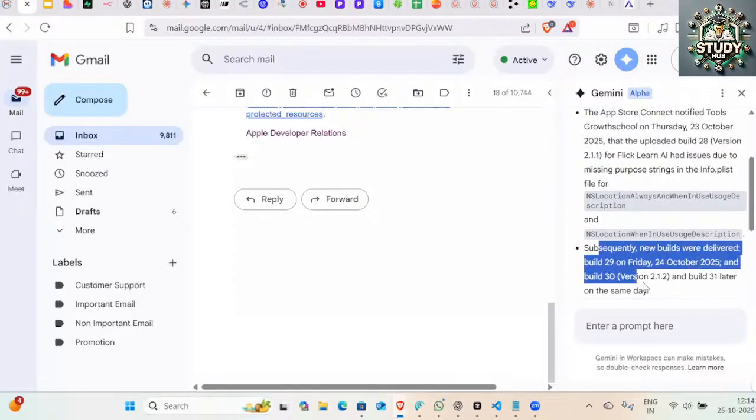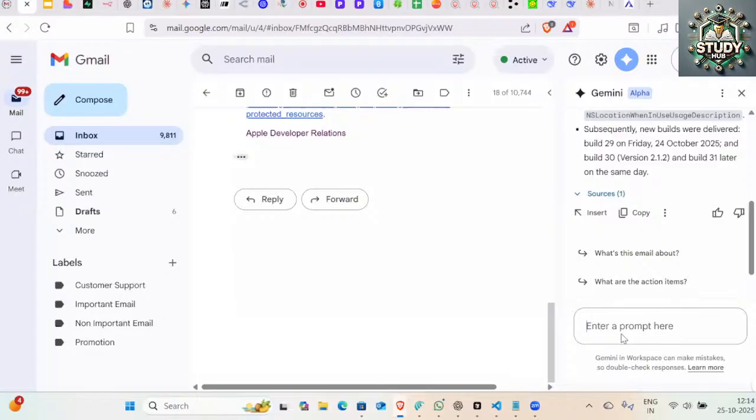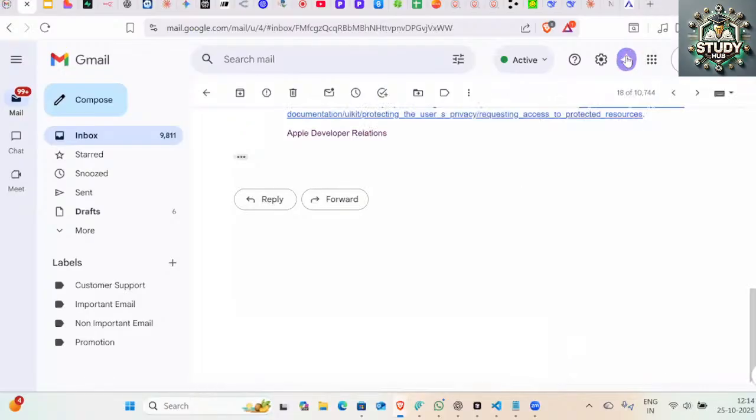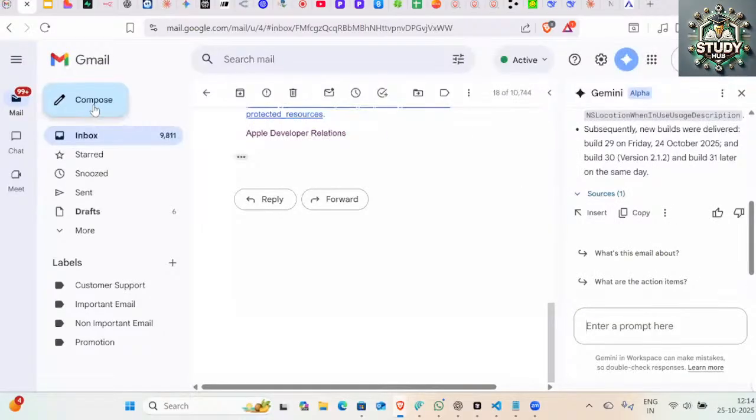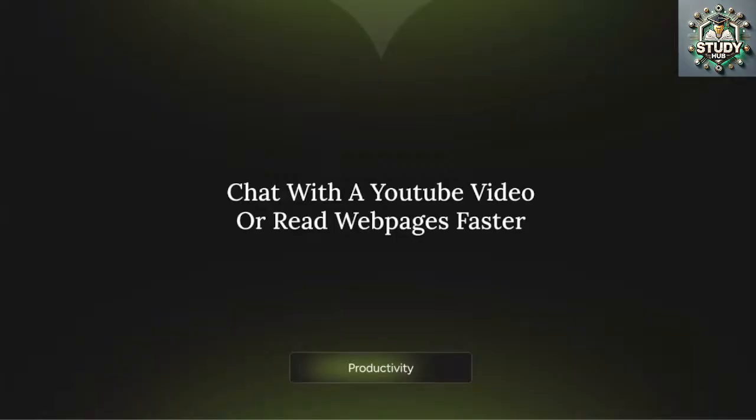In each and every mail, and now I can tell it, can you draft me a reply? So you become much more productive, much faster in getting your summarization and reply done using Gemini itself. You can invoke Gemini or use the compose button for your Gmail-related tasks. So this is a quick productivity hack. You can definitely use ChatGPT or any other tool too, but copy pasting will be manual work. Okay, this is again faster.